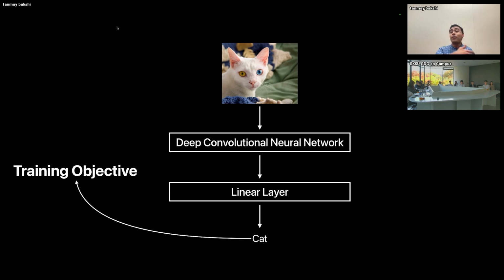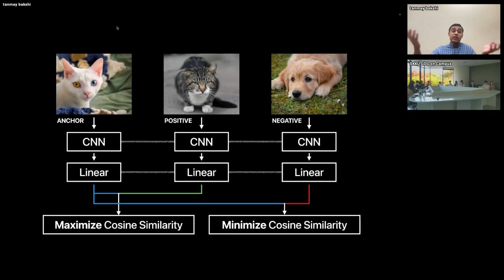But that's just one of the many possible training objectives you could have. For example, you're not forced to say that your input has to be classified into one of many different categories. You could, for example, provide the model with 3 different inputs: an anchor input, a positive input, and a negative input, where the positive is more similar to the anchor than the negative. And you could optimize the model to keep the anchor and positive closer together in space and the anchor and negative further apart in space, right? There's many different ways that you can sort of massage the training objective so that you get the model to learn the kind of space that you want it to learn for the specific task that you have.